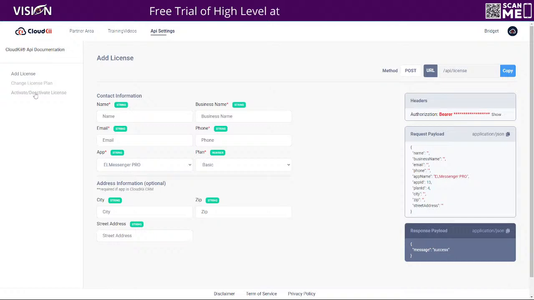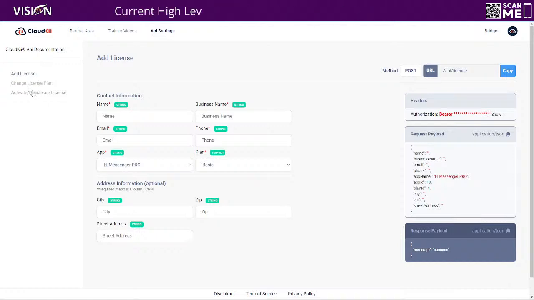So that is not the same as deleting them. Just to be clear, when you activate or when you deactivate a license, it still holds that license and holds that account and keeps it as is. And then they have the ability to activate. So really, if you're canceling accounts, best practice would be to deactivate it for 30 days, give them a chance to reactivate, obviously send them emails and so on to encourage them to activate. And then if they do, they can reactivate their account, and then that will keep all of their data safe,